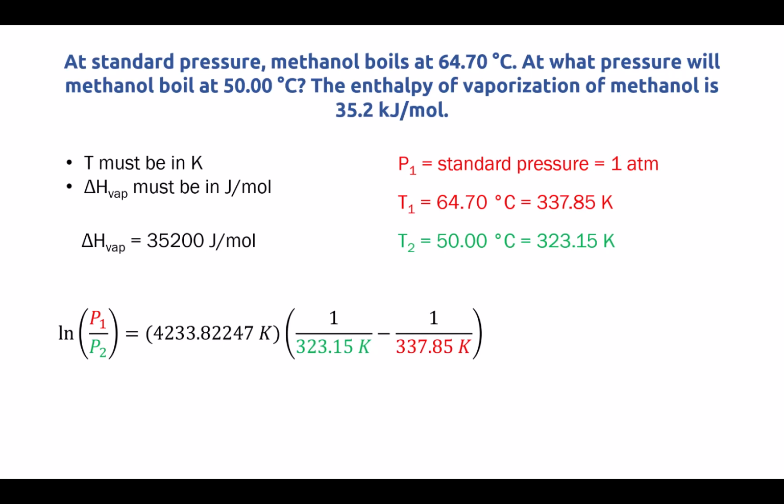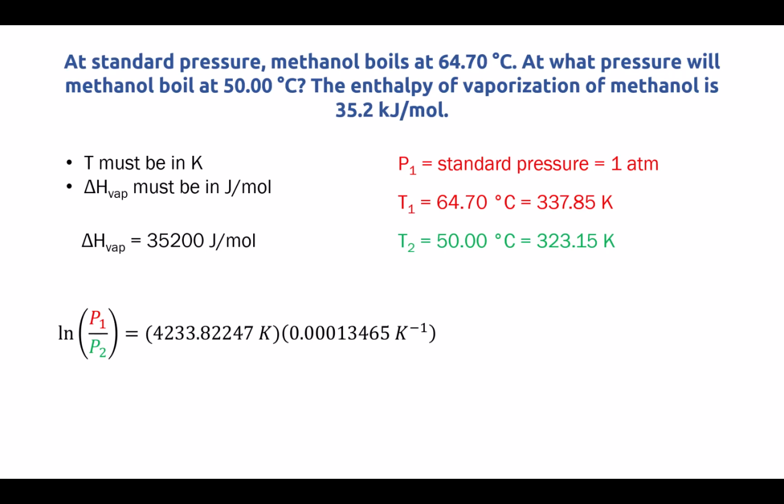So let's compute what those fractions will be equal to inside the brackets. I'm going to get some decimal numbers. I like to usually calculate these separately rather than plugging them all into my calculator at once, just because it's easy to end up with syntax errors when you use multiple fractions in your calculator at the same time. And then I can subtract those two values. They will subtract to be